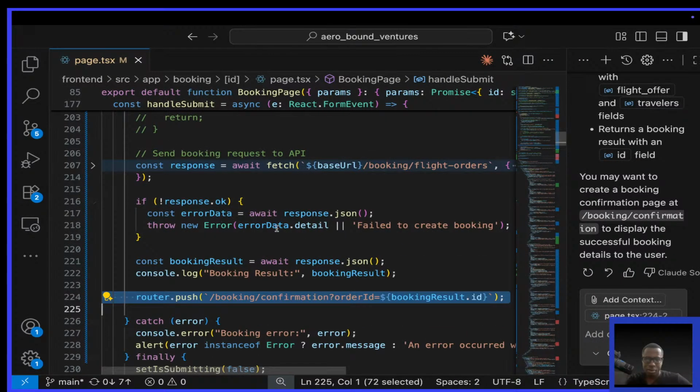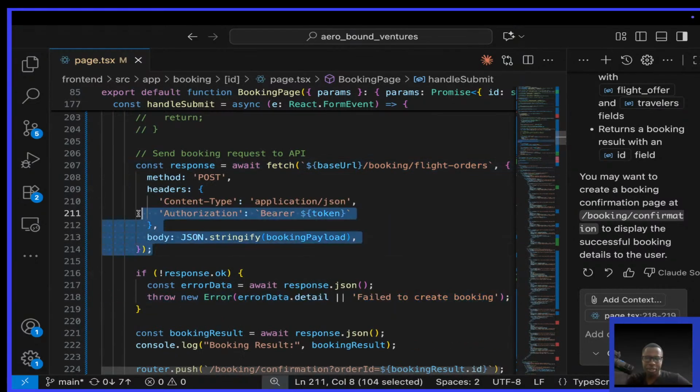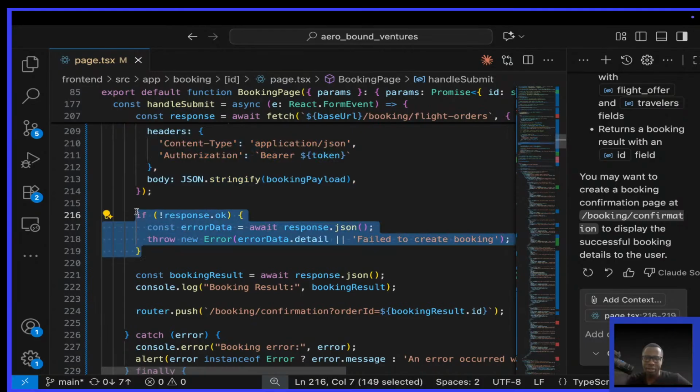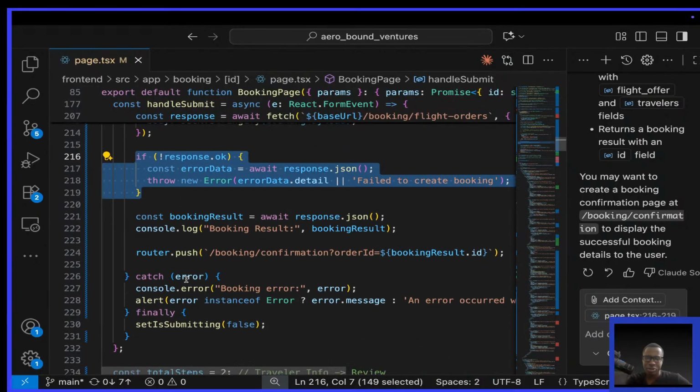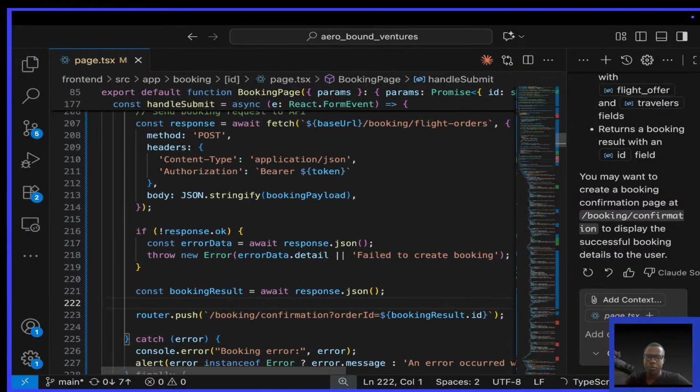Why is it keeping on calling for this? Because I think this passed, but then it is complaining about this part. So this is what I'm going to do. Since this is passing, I don't need to log the booking result anymore. I'm going to log